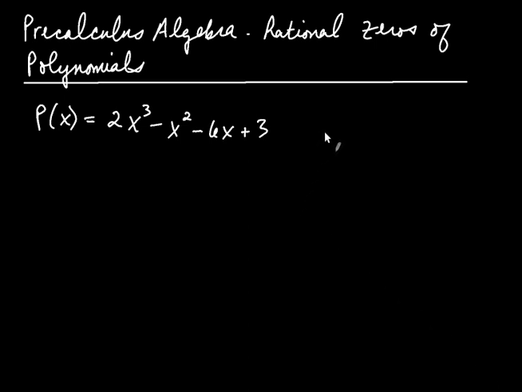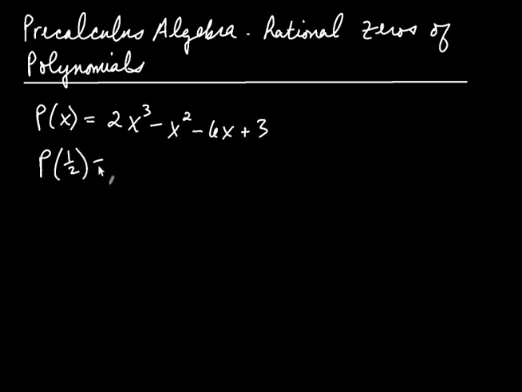Here we're going to discuss what are called the rational zeros of polynomials. In this video we're going to be working with polynomials that have integer coefficients, and I'm starting off with this example just to illustrate what it means to be a zero. If I take this polynomial and evaluate it at, let's say, 1/2, I get p of